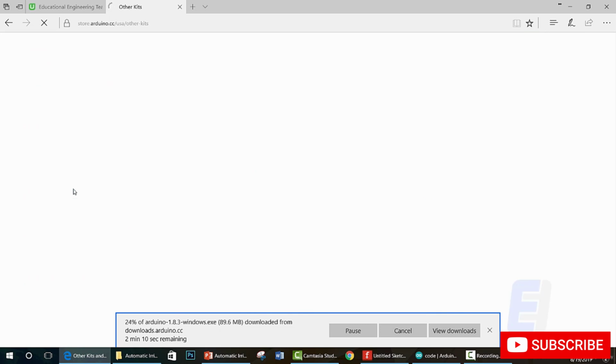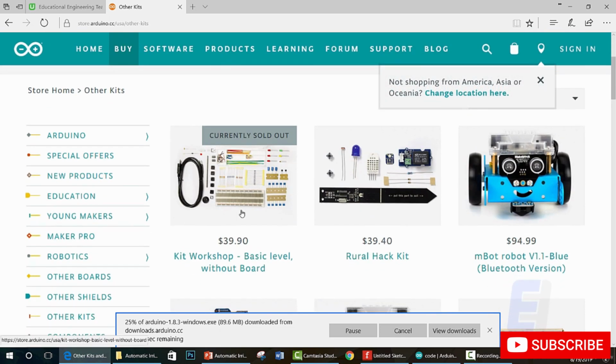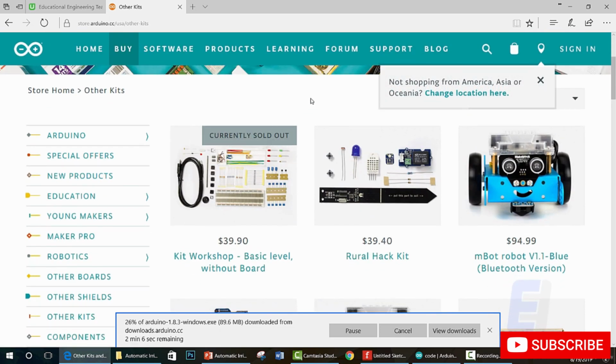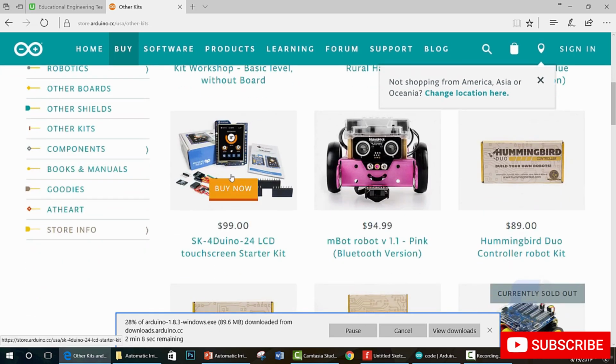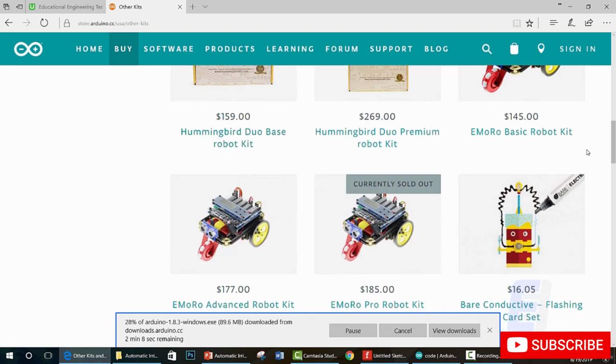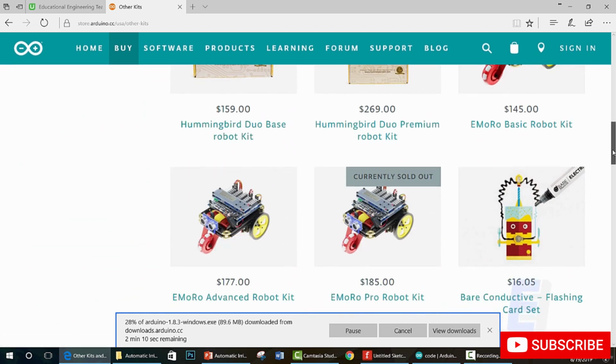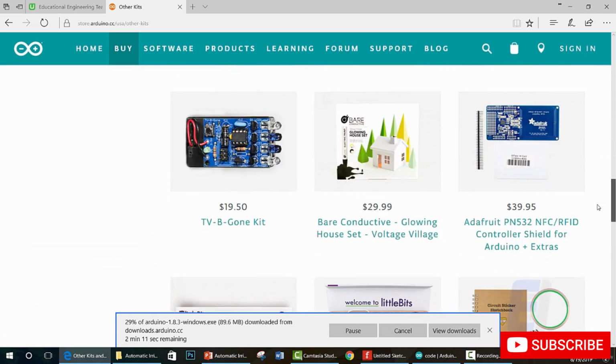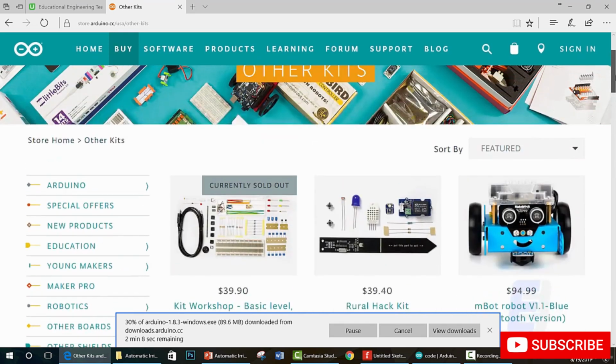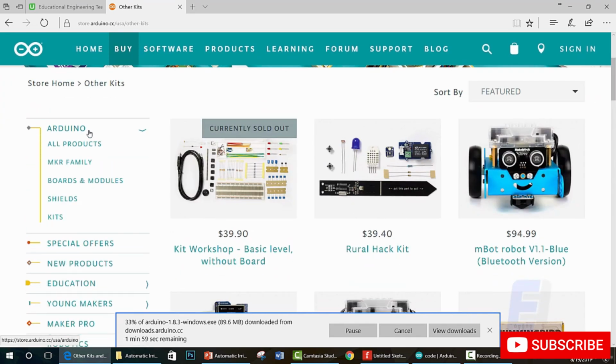Now let's see the other kits category. As you can see, this kit is a robot kit. It has a very interesting collection. You can also buy Arduino boards